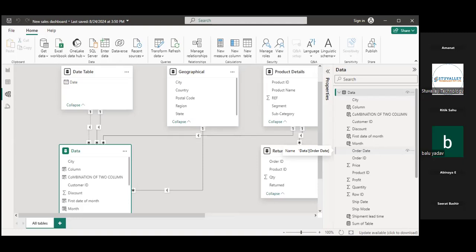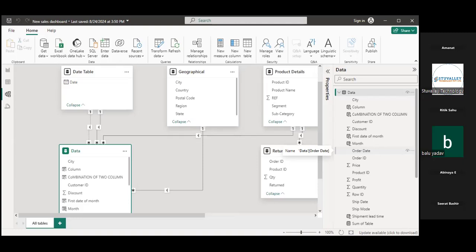तो जब हमने डाटा मॉडलिंग का कंसेप्ट क्लियर किया था, तब मैंने यहाँ क्लियर किया था कि हर एक डाटा का एक स्पेसिफिक टेबल होता है। सेल्स डाटा में हमारे पास मिक्स ऑफ एवरीथिंग है, बट मेन चीज वहां पर क्या है, we have sales data in sales table. In geographical table we have geography information. In product details we have product related information. In returns table we have return product information.